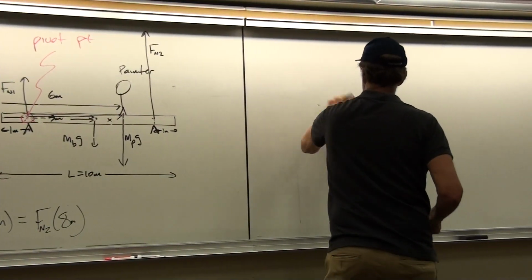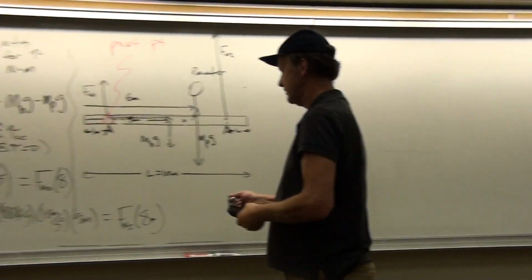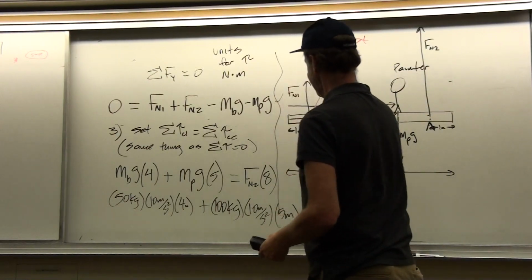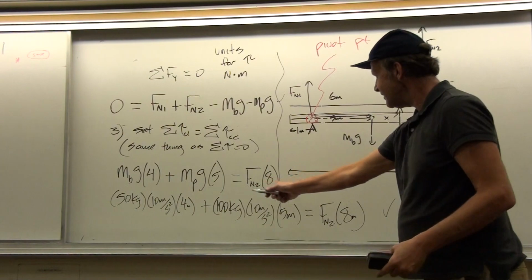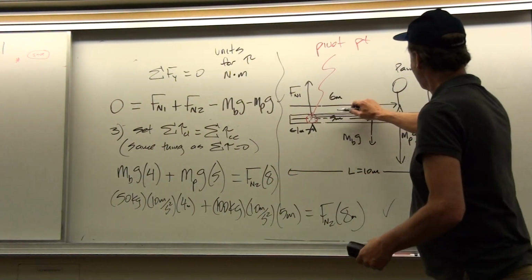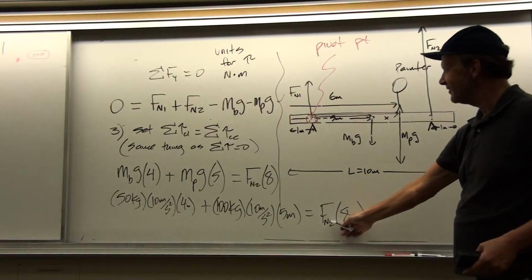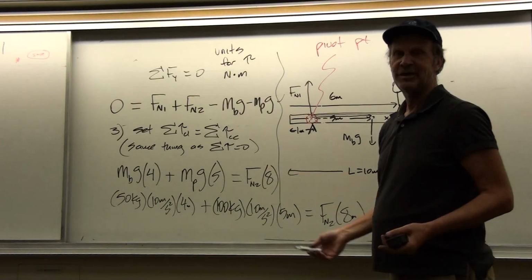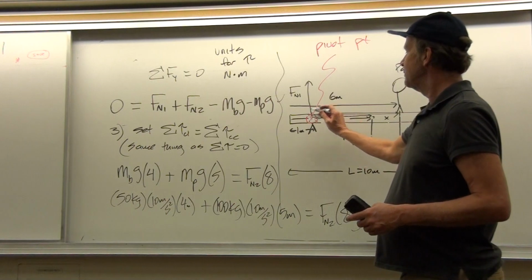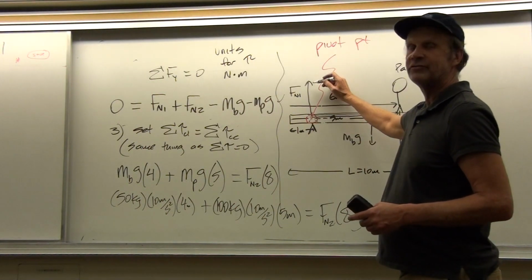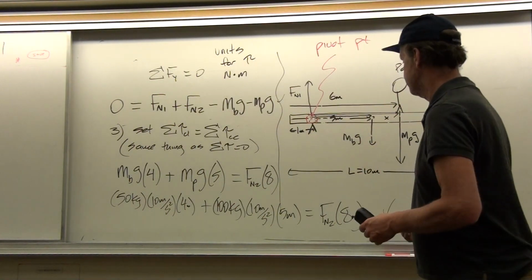In this case, we've got two equations, this one, and two unknowns, F normal 1, F normal 2. But this equation has F normal 2 all alone. So that means that we can solve for F normal 2 without doing a bunch of algebra manipulating the two equations. How do we do that? By being smart, eliminating F normal 1 from our equation.